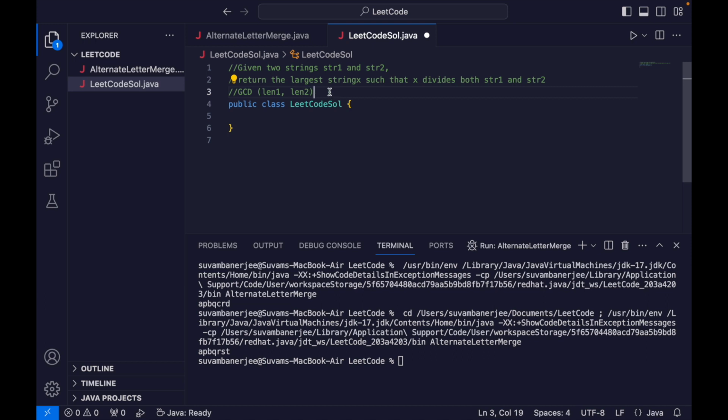Then, using that, we have to check the substring from 0 to this GCD length, which is an int. If this particular substring is also a substring of